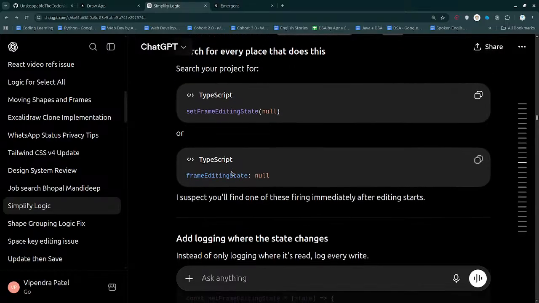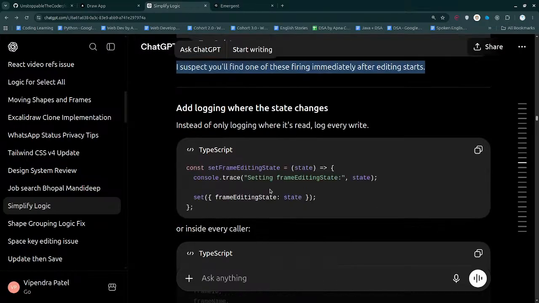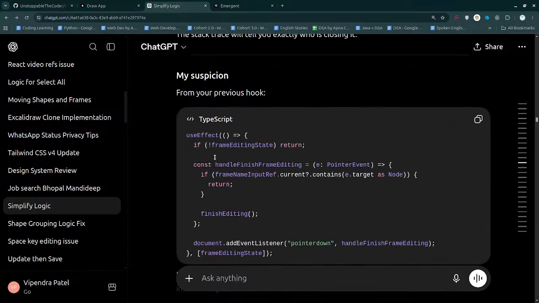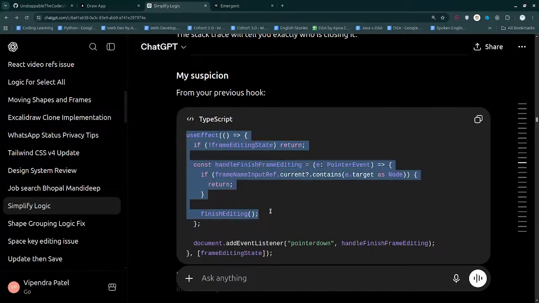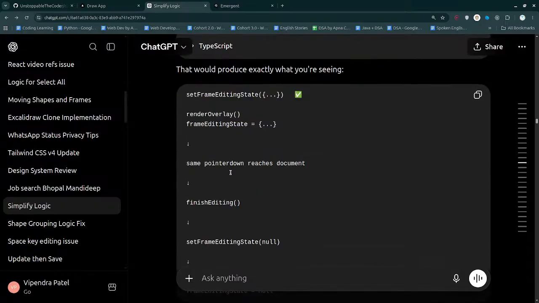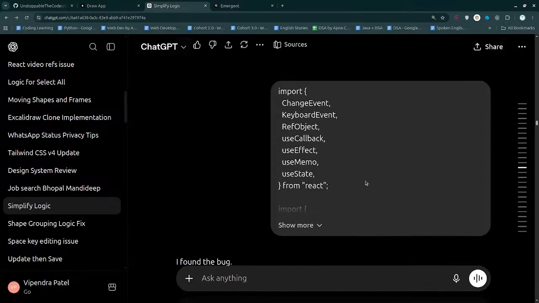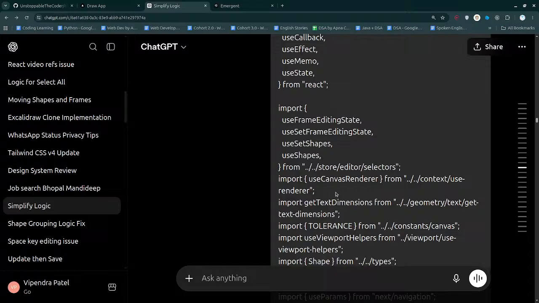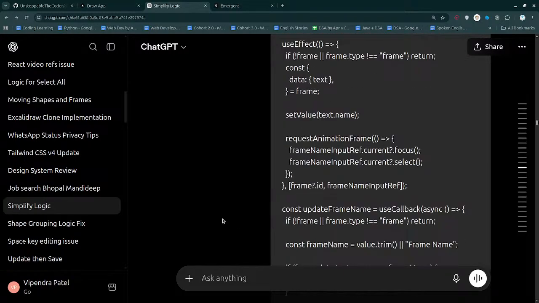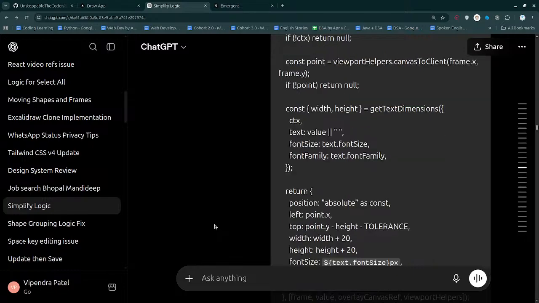Just for a request that does this. I suspect you will find, okay, that is fine. Ultimately this is right, we don't really have any problem with this as such. Use get frame ID and frame ID from your previous loop. Then what are we doing in here? Use frame name editor, again working on the same. So let me see if there's a